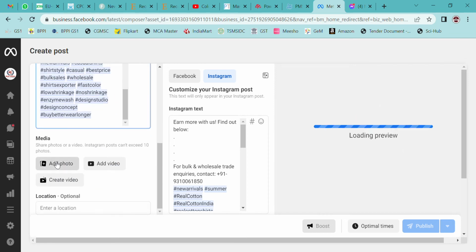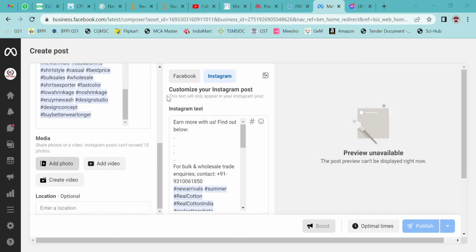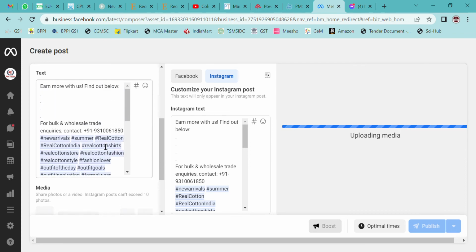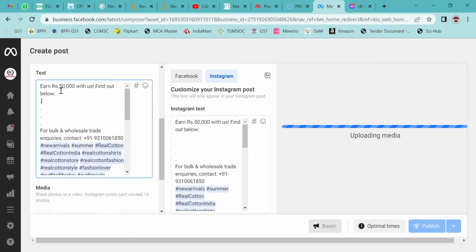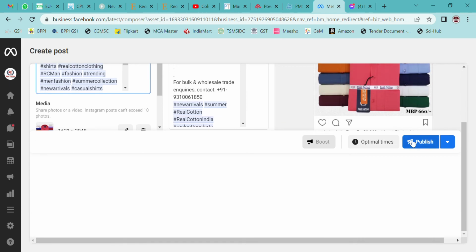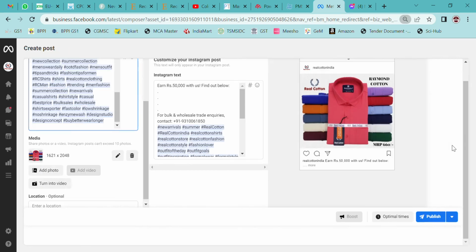Now I'm also uploading a photo because Instagram is all about photos. So I'm just taking any random photo that I have. This is one of the latest photos that I have. So the photo is being uploaded here, the photo is here, and now here you can see,